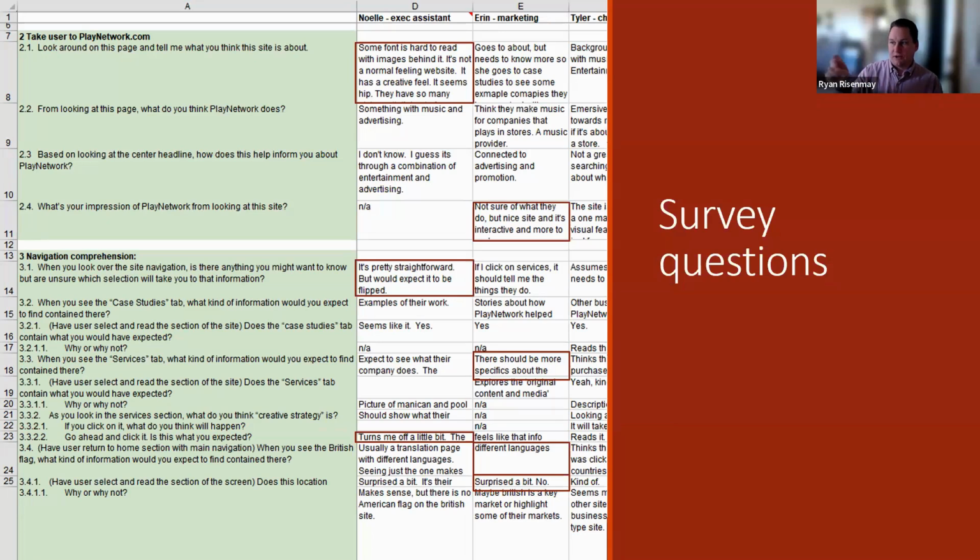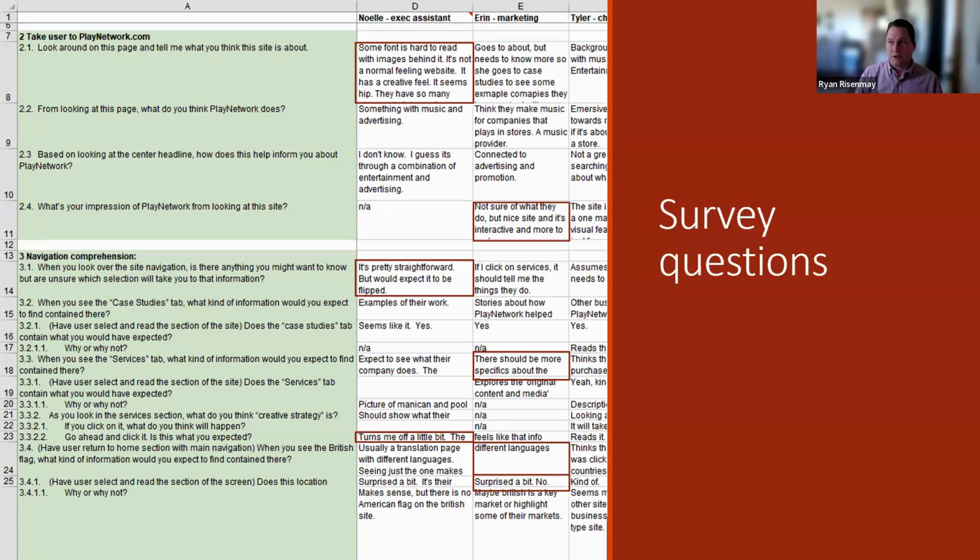And so I've highlighted in red outlines some of the interesting points that caught my eye, where someone's calling out that the font is hard to read, with those images, although it has a creative feel. I like the look, right? But there's still a dilemma that they identified in that case. Or as they're getting into 2.4, what's your impression of Play Network just from looking at the site? We haven't got into the study yet, but we're just getting their impressions first, because that just helps